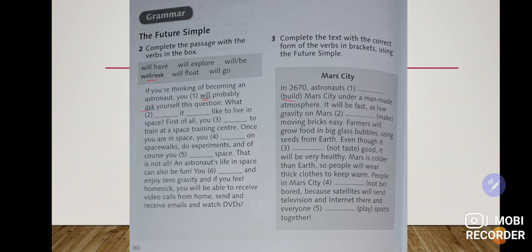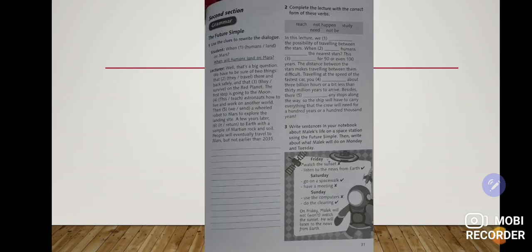This is a future prediction. We can refer to the grammar rules on page 84, student's book. And answer. The next exercises are these.